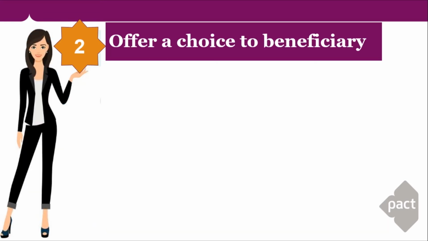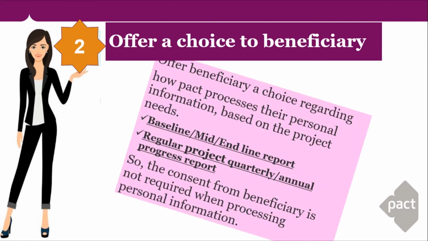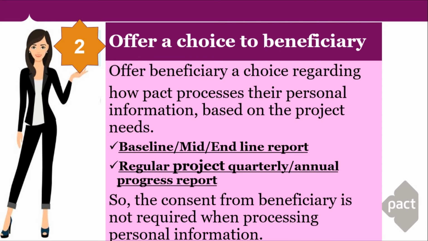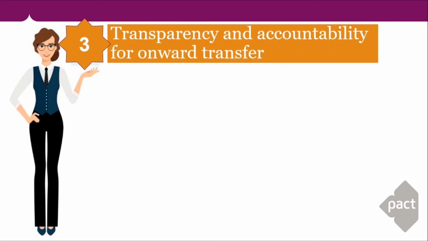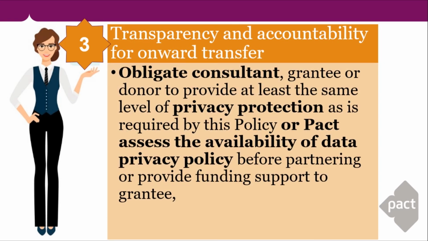So the second step is also very important for protecting beneficiary privacy. We'll offer two choices to beneficiaries when we collect and use their data. The first choice is to collect their data for the baseline, midline, and endline report. And the second is for the regular project quarterly and annual progress report. The third step is about the transparency and accountability of onward transfer. The key idea of this step is to obligate consultants, grantees, or donors at least to provide the same